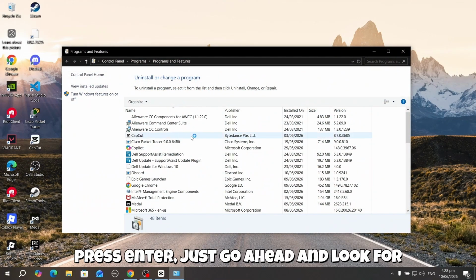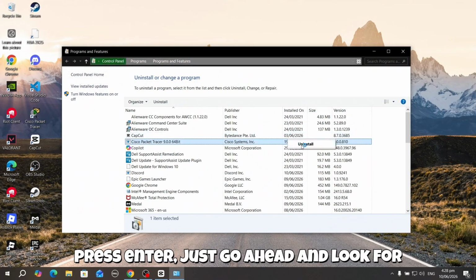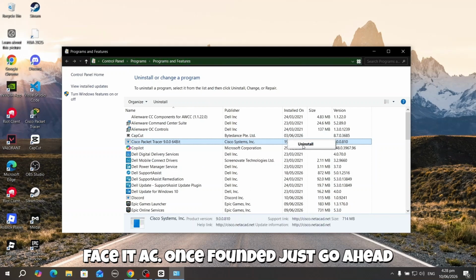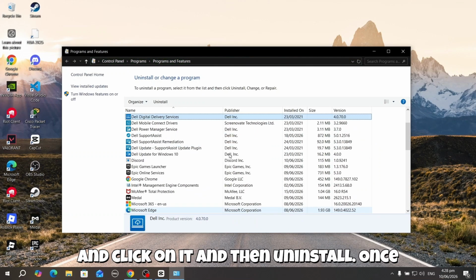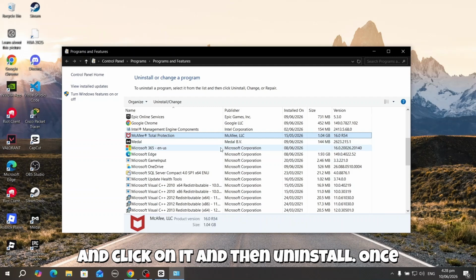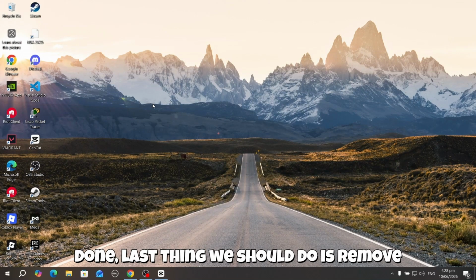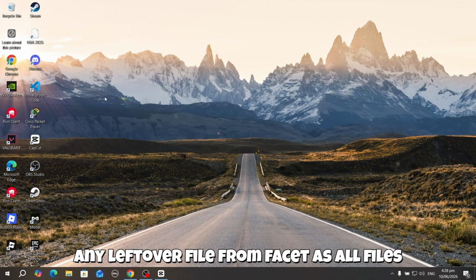Once you press enter, just go ahead and look for FACEIT AC. Once you found it, just go ahead and click on it and then uninstall. Once done, last thing we should do is remove any leftover files from FACEIT, as old files can trigger the